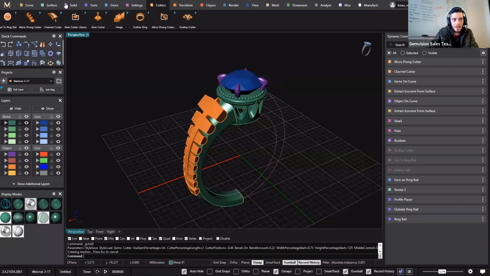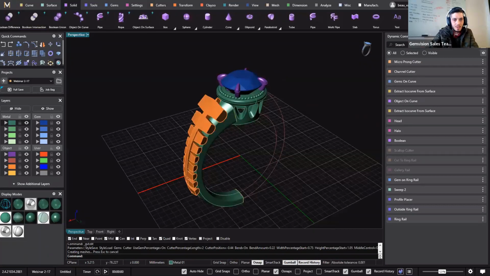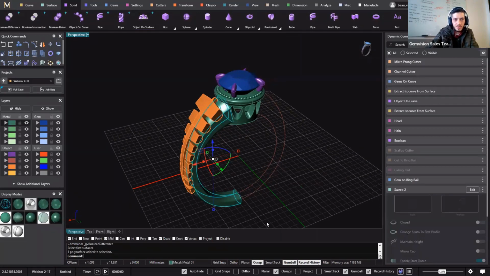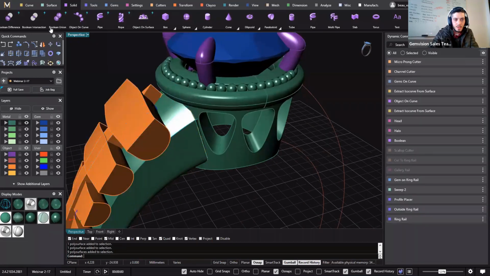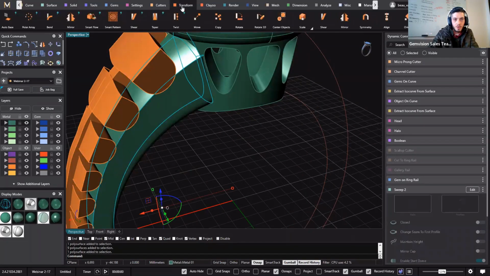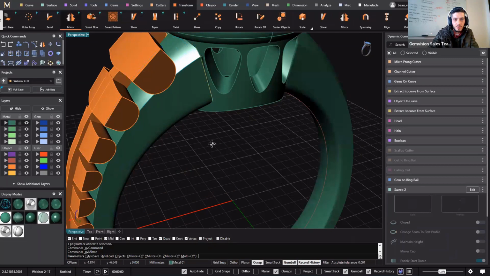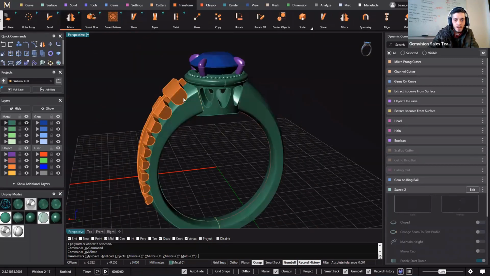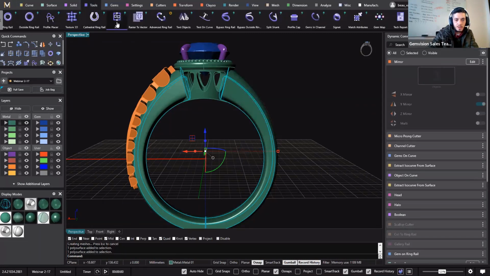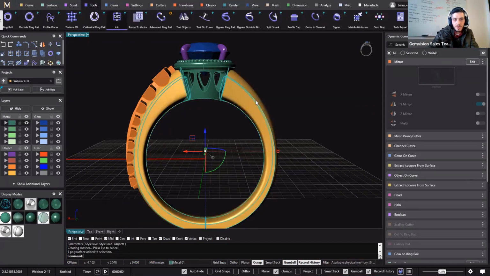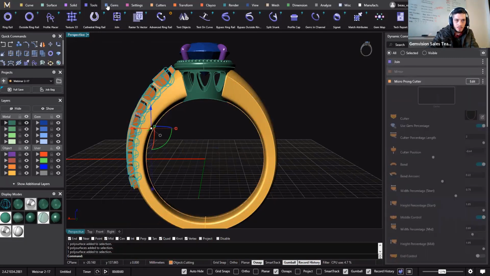So once I'm done, I can select solid, Boolean difference. Actually, let me mirror this and everything over. Let's mirror this. Under transform, I have mirror. I can join these two shanks. Now they are one object. Let's mirror these cutters